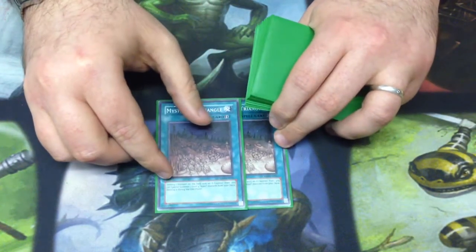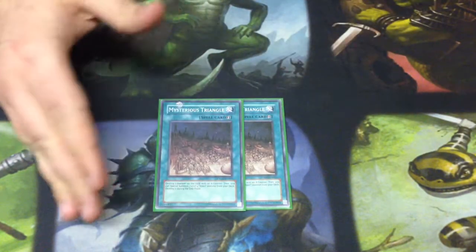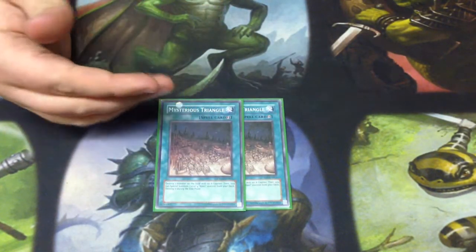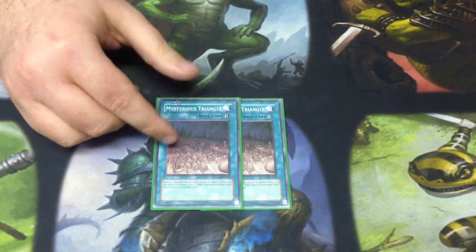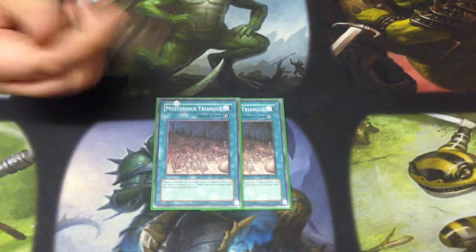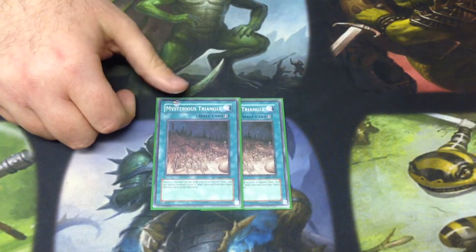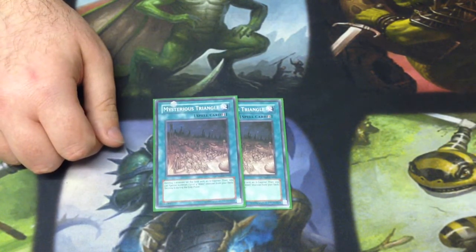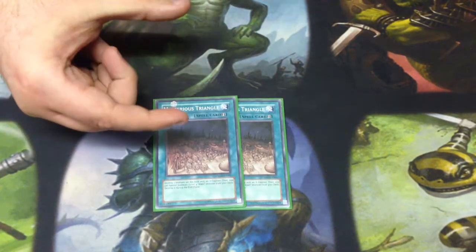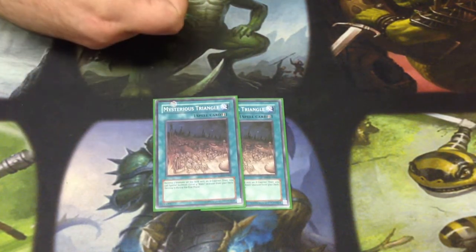Next is Mysterious Triangle at 2, because it's cloggy to a degree. I'd rather want to see A-Cell Recombination Device. Plus, this relies on my opponent's monster having an A counter to start off with, and it's another way of hitting Trishula, because you go A-Cell